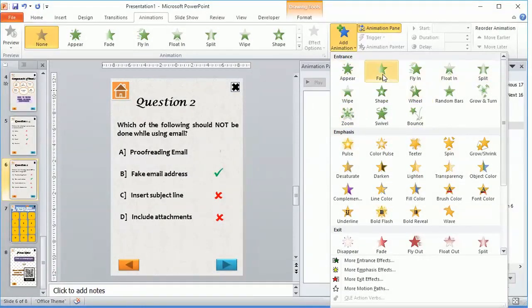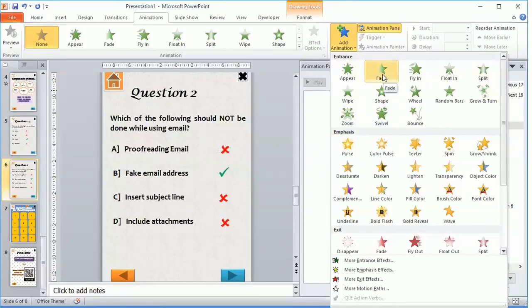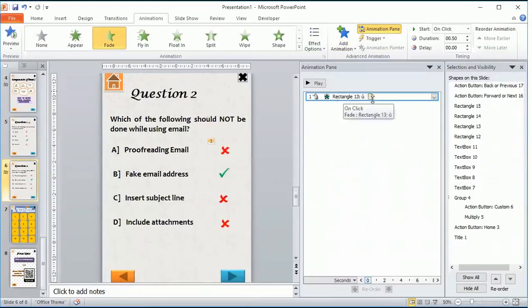I am going to select a sober animation of fading effect, so this symbol will appear with the fading effect. I click it, so this has now appeared inside my animation pane. Now once it appears in the animation pane, click the drop down arrow beside it and select timing.